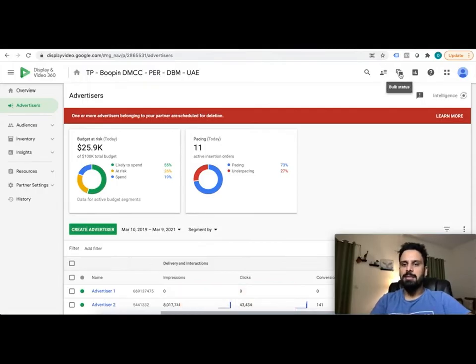If you look here, this is bulk status where you can make changes or upload in bulk. If you want to upload 100 creatives, if you want to upload 100 line items, you have to download Excel files, and you can probably name different line items with their respective settings, and the creative links